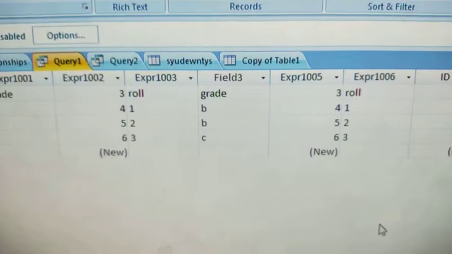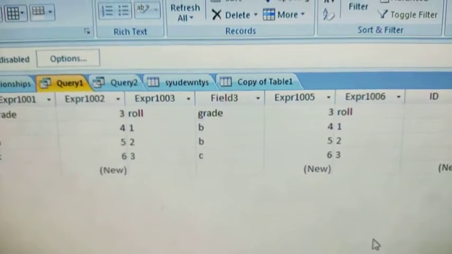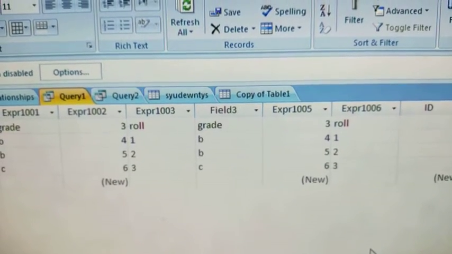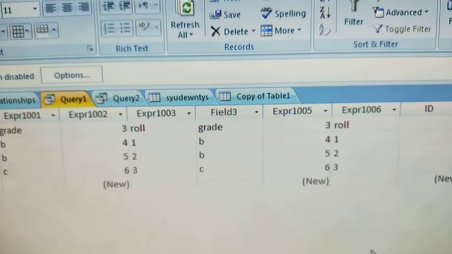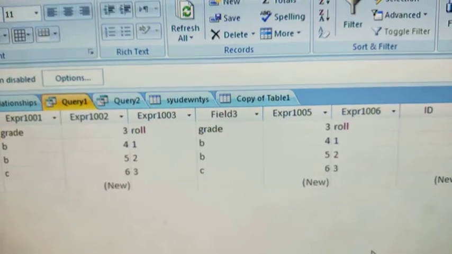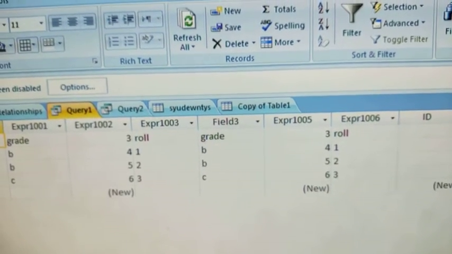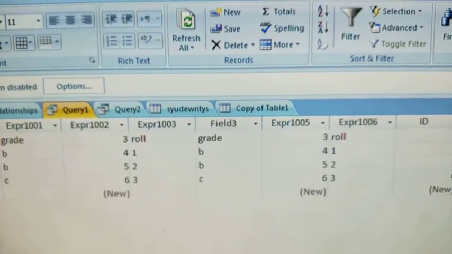So this is practically how you can do this. I showed you. So you have to do it practically on your computer and try it and insert at least 10 to 15 records, then you will get good answers and you can understand what queries are and how to set multiple criteria in queries. Thank you.